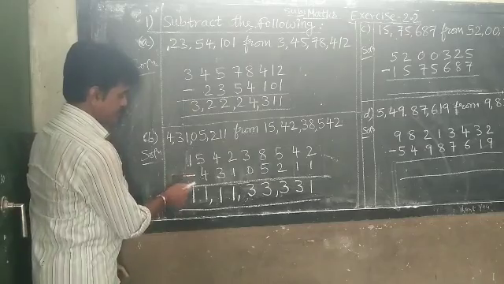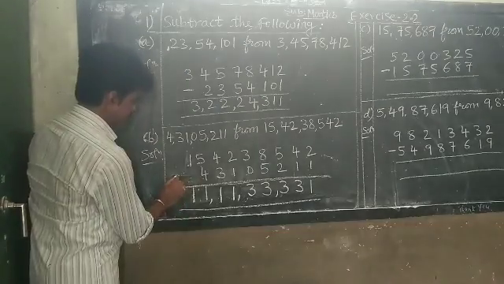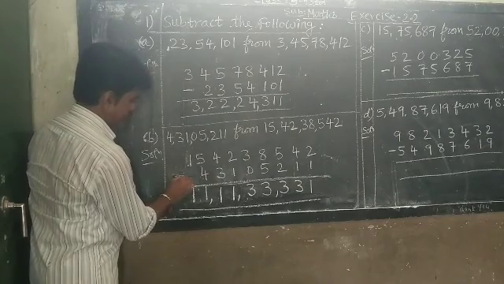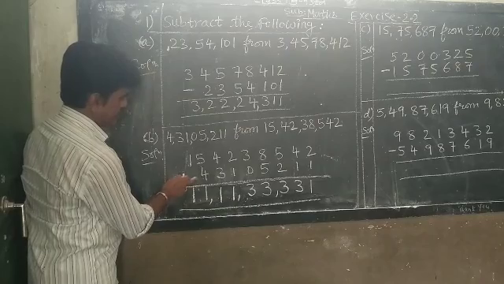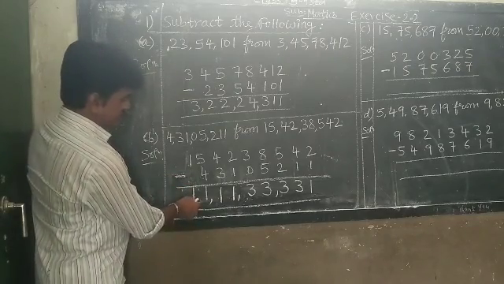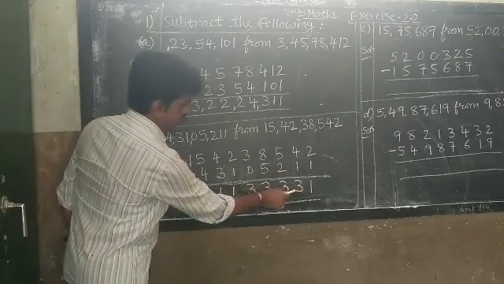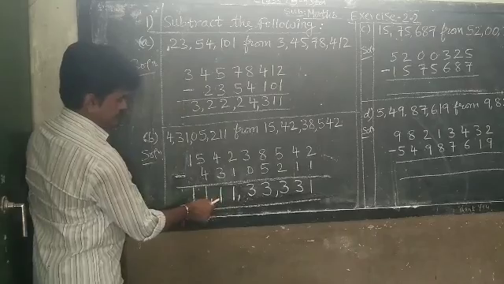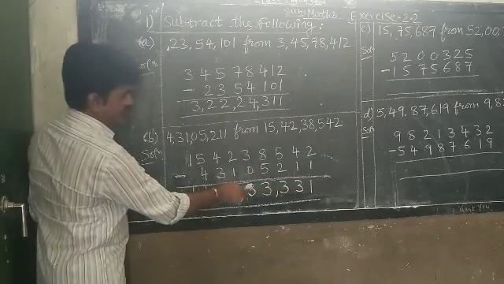So 1 minus 0 means, see here, I put a minus sign here. See 1, there is nothing here down. So 1 minus 0, 1. So what is the answer? 11 crore. See the digits I have written, one below the other. This is exactly one below the other.